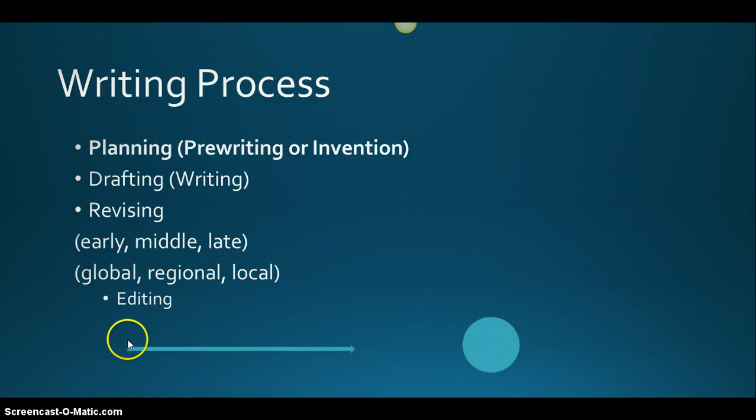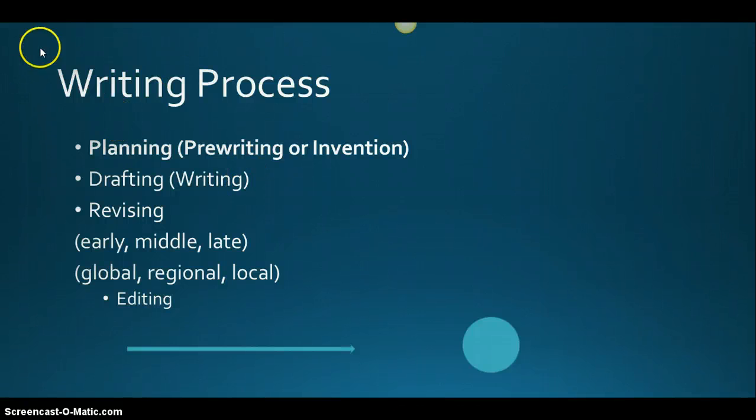Right here, what I wanted to show you is we have this idea a lot of times that we have to do each one of these, like it's 1, 2, and 3, and it goes on a straight line. Here's planning, drafting, revising. But really, the writing process is usually circular, or what we call recursive. So you may be doing some of these things in each different step. You may have to stop and go back to a different one, and you may not do all of these things. What we found is writers, most of them, if they do their drafting, a lot of time they're going to do some revising as they're going along. But if they do most of their drafting and try and get it all down and then focus on revising, usually they're a little bit more successful.